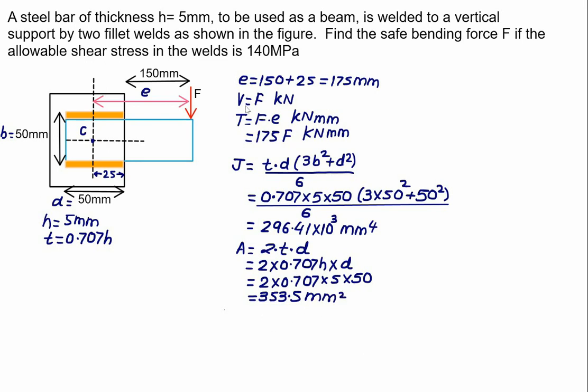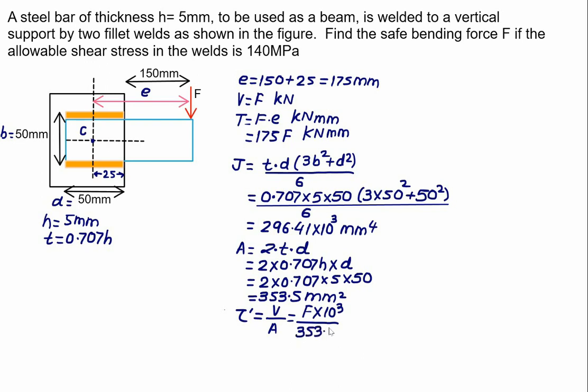Here the force F will develop a shear stress equal to tau prime, and tau prime will be equal to V divided by A. In this case V is equal to F. You have to use that value in kilonewton. So we have F into 10 to the power 3, because we are using kilonewton, divided by area,